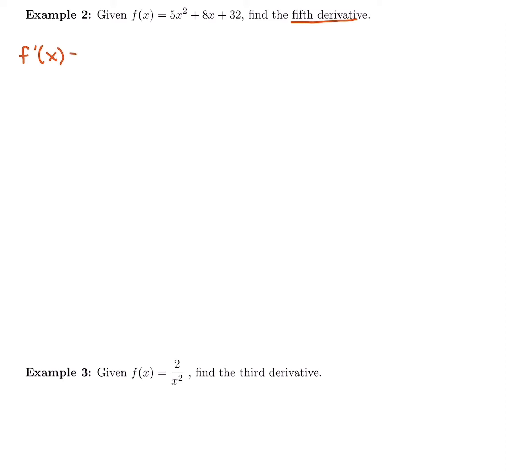I'm going to just go ahead and label my derivatives. This helps me remember where to stop and helps me to get full credit by remembering to label my functions. So I have f prime of x, f double prime of x, f triple prime of x, and then from there I'm just going to use a superscript 4 for the fourth derivative, and then we're going to the fifth